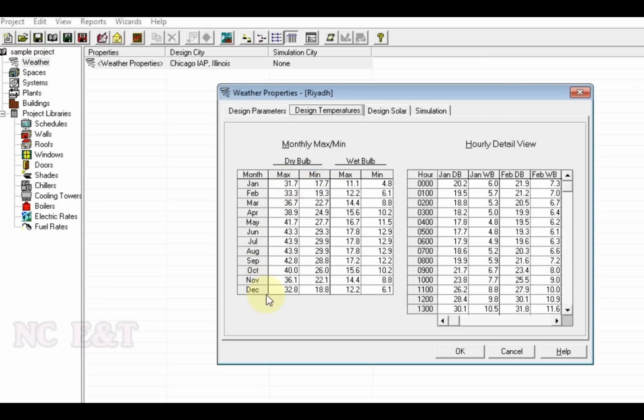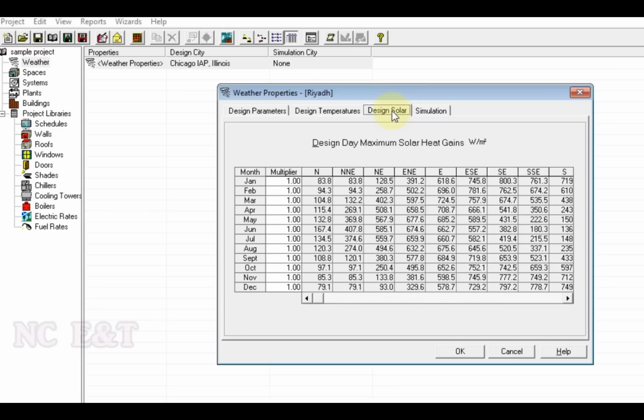In the month of December the maximum temperature is 32.8 and the minimum temperature is 18.8. If we go for design day maximum solar heat gain, we find in the month of January the value for north is 83.8 and for south is 71.9.